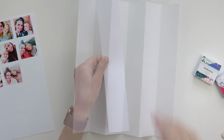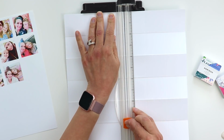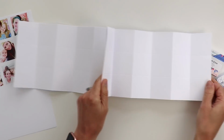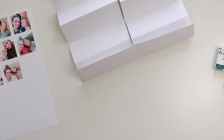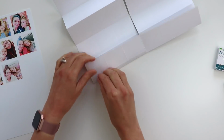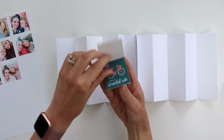And then I'm going to grab my paper cutter and find the middle, so that's at 6 inches, and I'm going to trim all the way down to the last line. So if you cut all the way through, you'll be left with 2 pieces, but I just went all the way to the last line and stopped. And then you can fold it over. And I'm going to turn this into a pocket. So I'm using super sticky double-sided tape on the bottom edge and the right flap, folding this side over, and then you're left with a pocket in the middle,